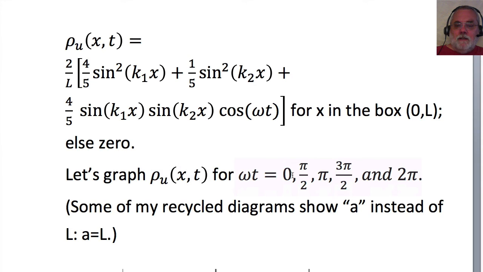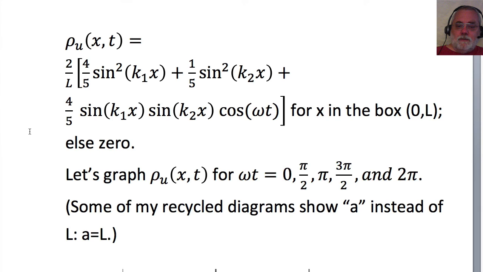So I'm going to take the particular values of time that correspond to the quarter periods of the time dependence of the cosine omega t term here. So omega t being 0, pi over 2, pi, 3 pi over 2, and 2 pi. For a particular omega, this would turn out to be